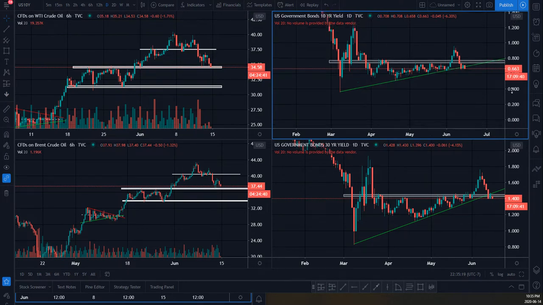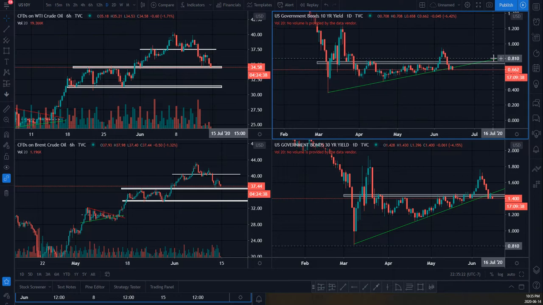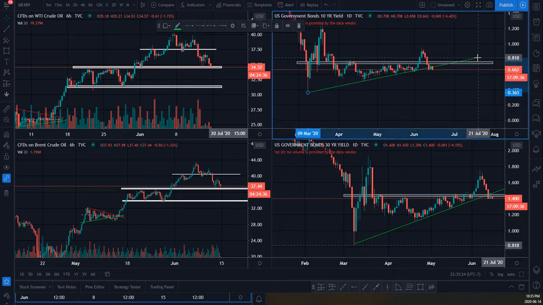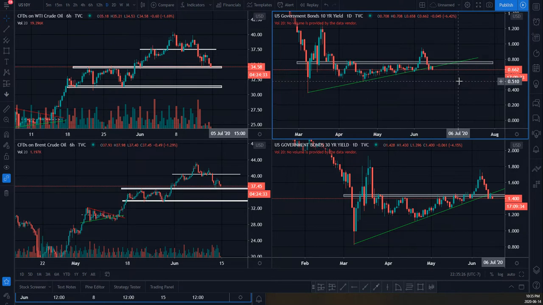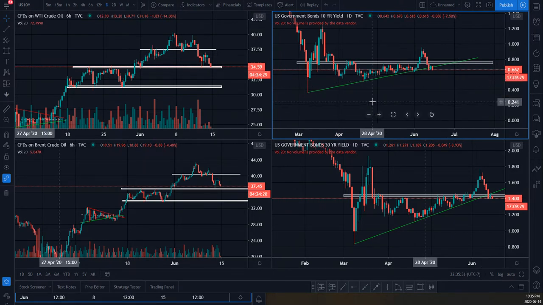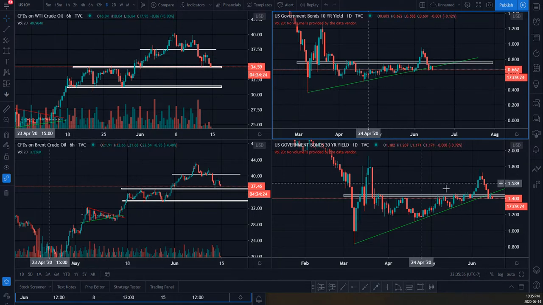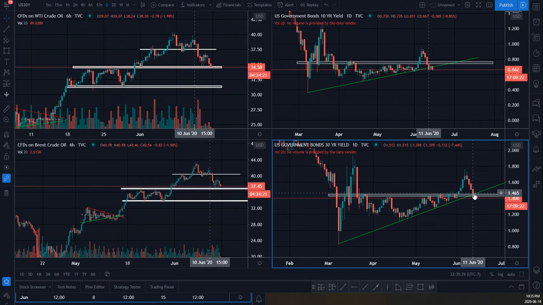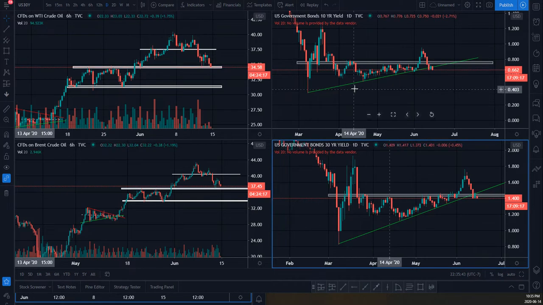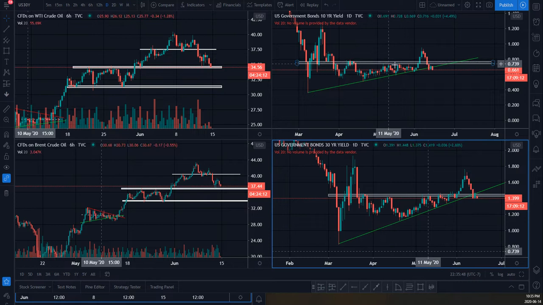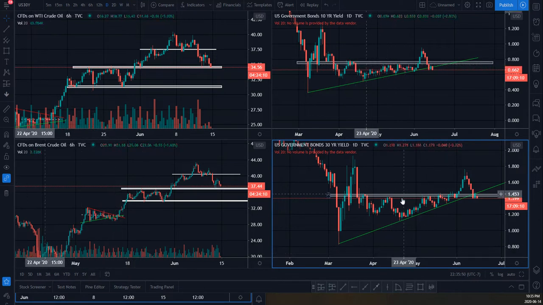Makes sense. If fewer people want bonds, there's going to be a higher yield to incentivize people to purchase bonds. If there's a significant amount of people in demand and want bonds, there doesn't need to be as great of a yield in order to incentivize buyers to purchase bonds. And we can see that we are dropping below a key level of confluence for the buyers, where we have an ascending level of support connected to higher lows, as well as a horizontal level, which was a previous key level of resistance indicated by these key resistance points we can see easily on the chart.